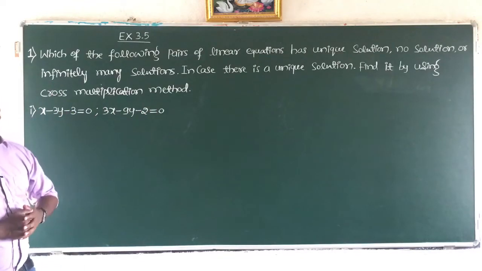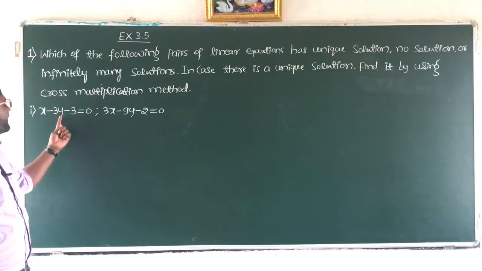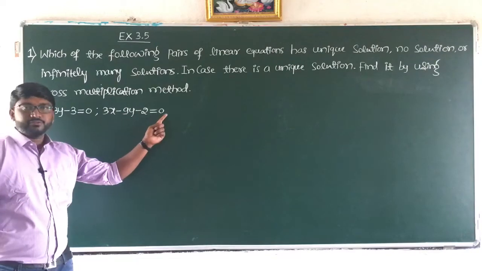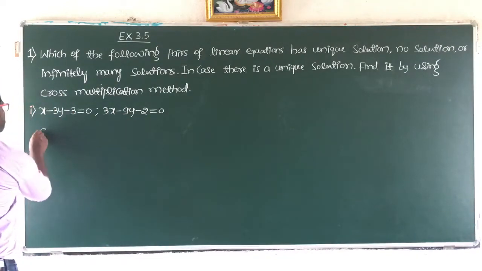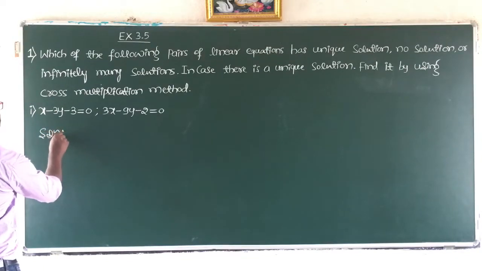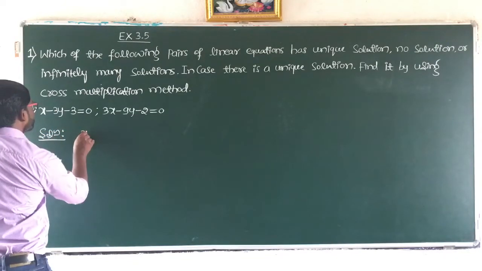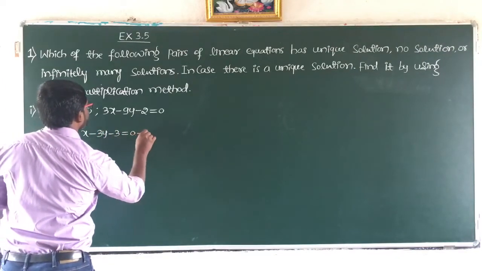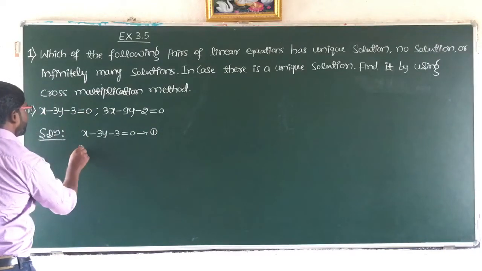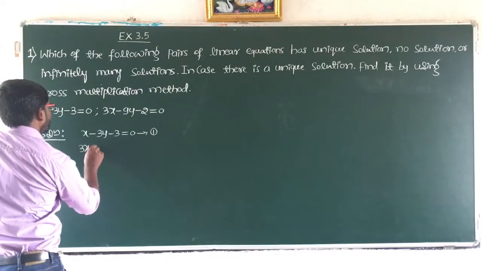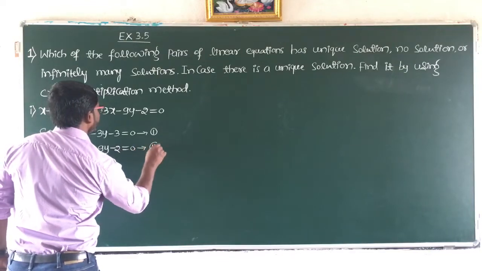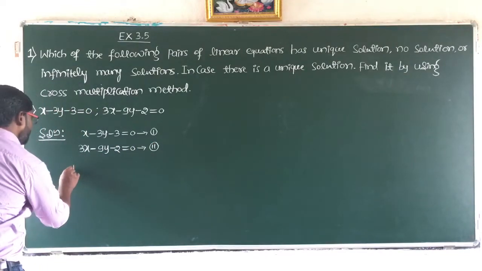In the first sub question, x minus 3y minus 3 is equal to 0, and 3x minus 9y minus 2 is equal to 0. So we will write the given equations as they are: x minus 3y minus 3 equals 0, call this equation number 1, and 3x minus 9y minus 2 equals 0, I call this equation number 2. Here